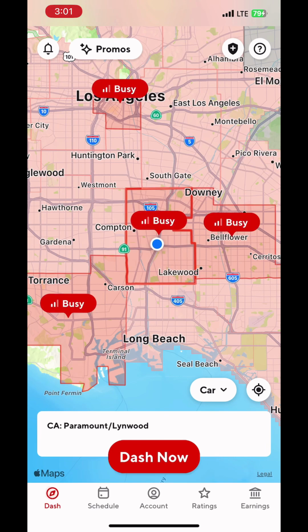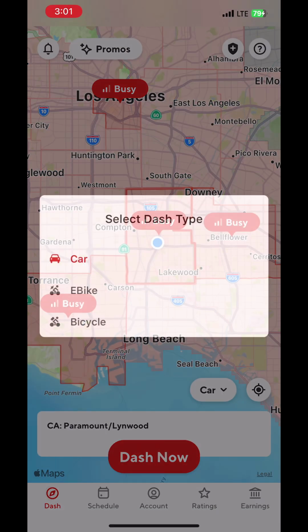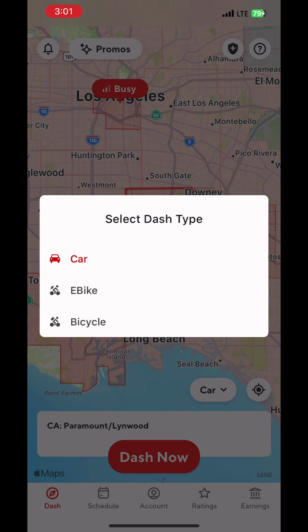So now we're back to that screen here. And then what ends up happening at this point is you can actually, the one where it says car right above Dash Now, that's where you can click car, e-bike, or bicycle. Make sure that you always have it on the actual item that you're going to be using